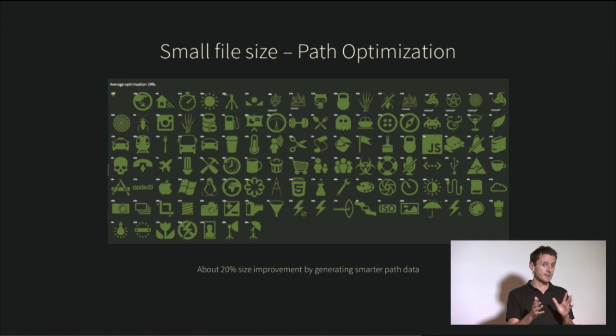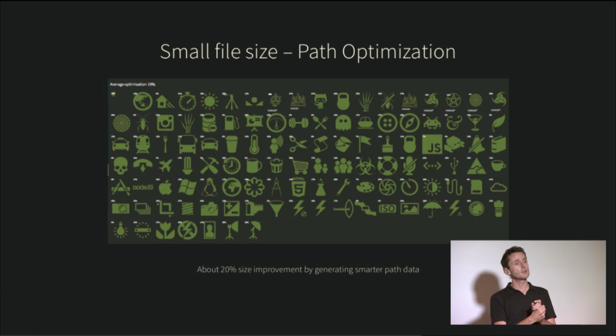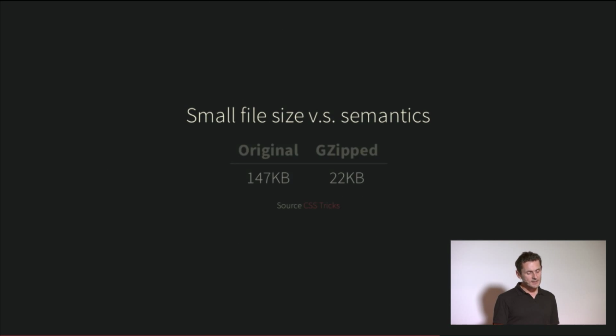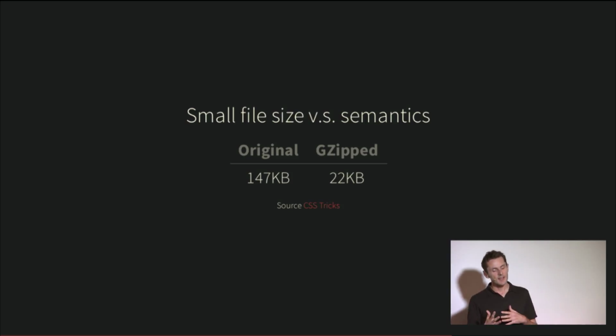And the result of that is our tests show that we've gained about 20% in size in the path data, and that's with preserving or even augmenting semantic in the content we're outputting. So we're pretty excited about that because for developers it means much more compact SVG with higher semantic. And that's really the last point I wanted to make, is that I think semantic trumps a lot of things